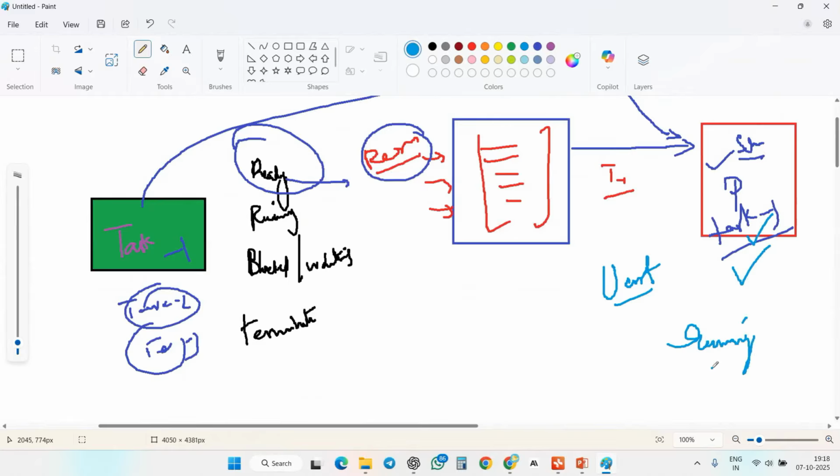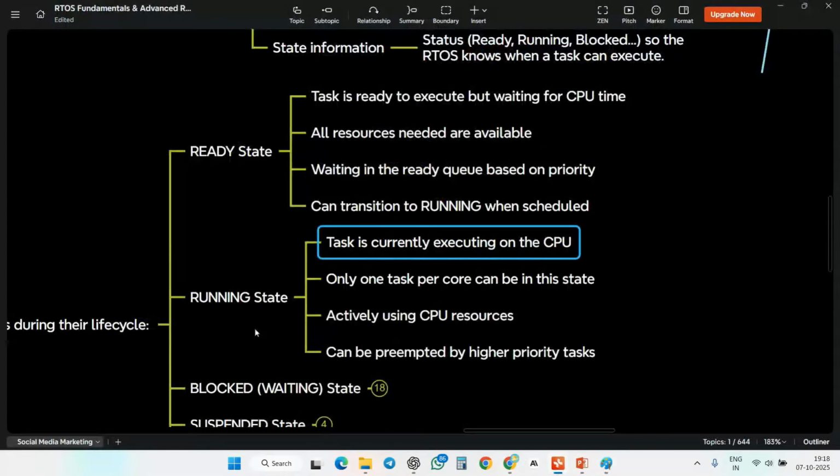So that is called the running state. Okay, so this is called running. Currently, your process is being processed here. And then